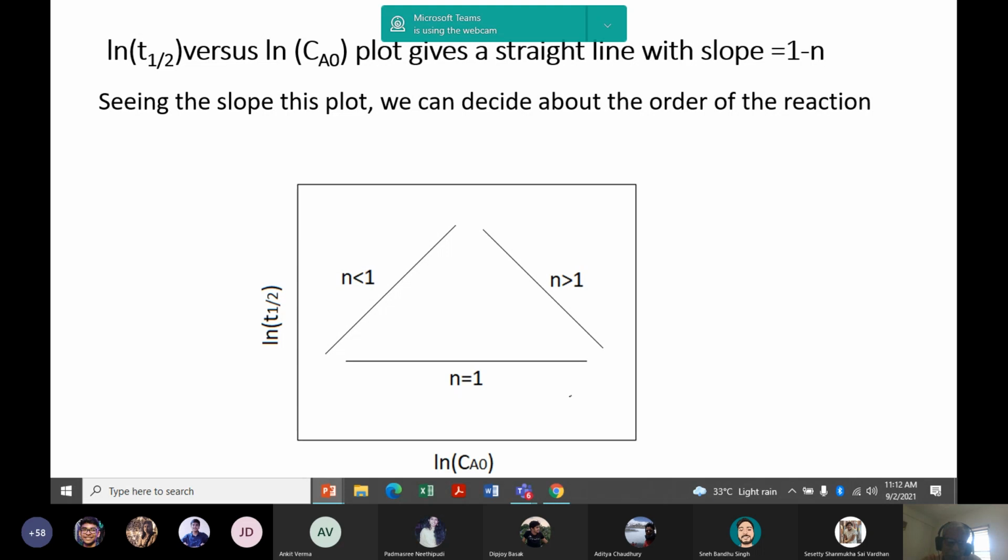Then how do you find a and b? Then you have to vary the molar ratio and repeat the process, and we can find out different overall orders. And finally, by substitution, you can find out a and b.